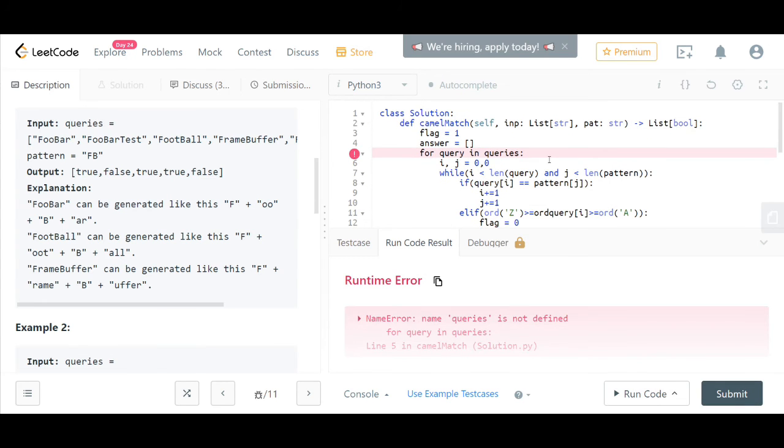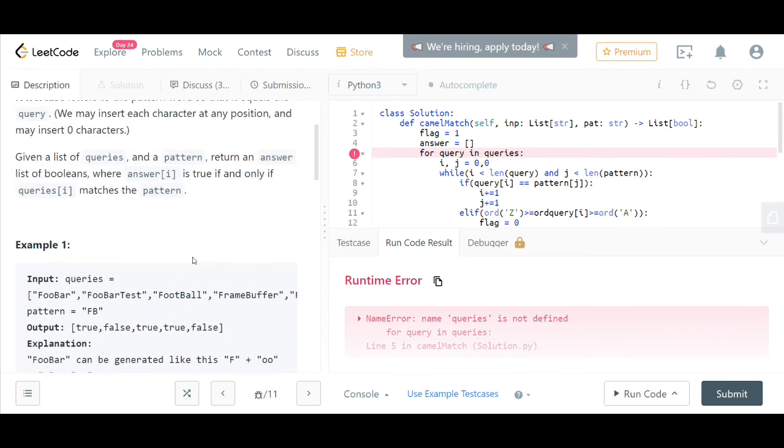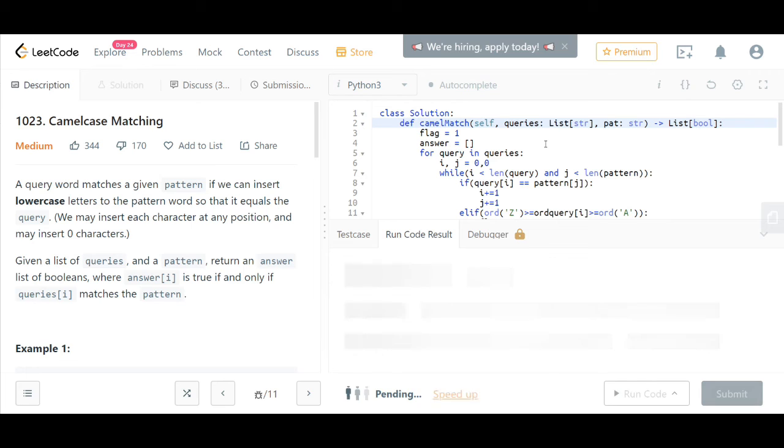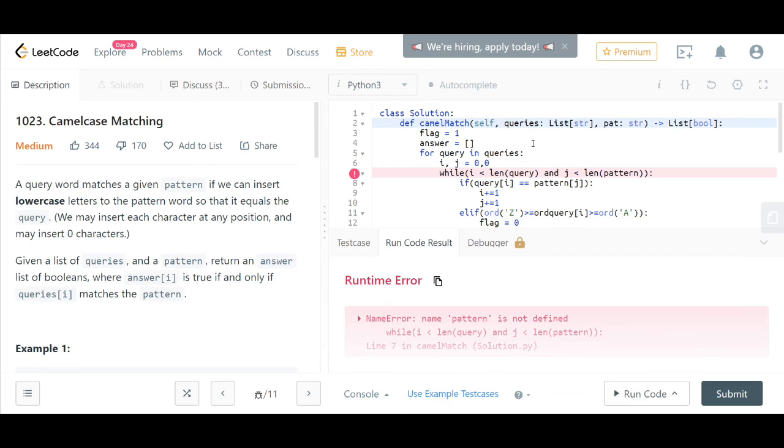Okay, queries is not defined. Okay, it should be queries, right? Yeah. Pattern.